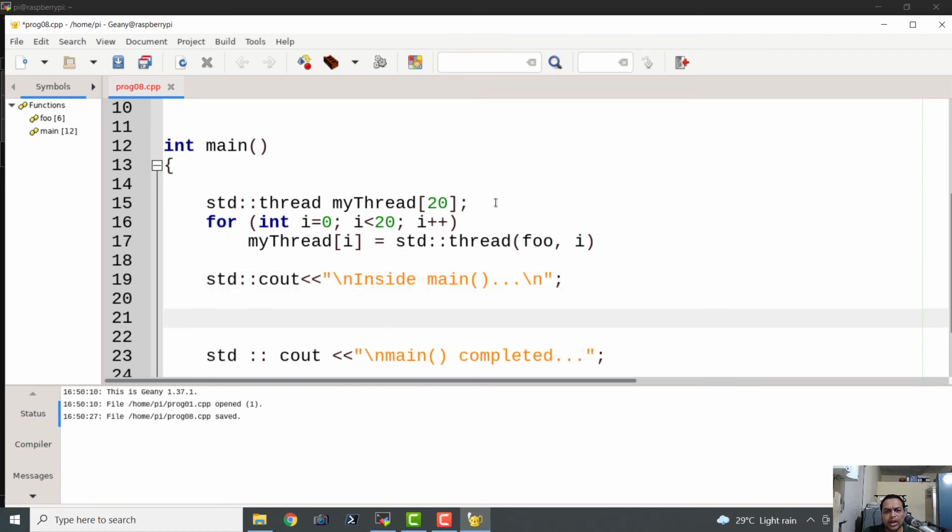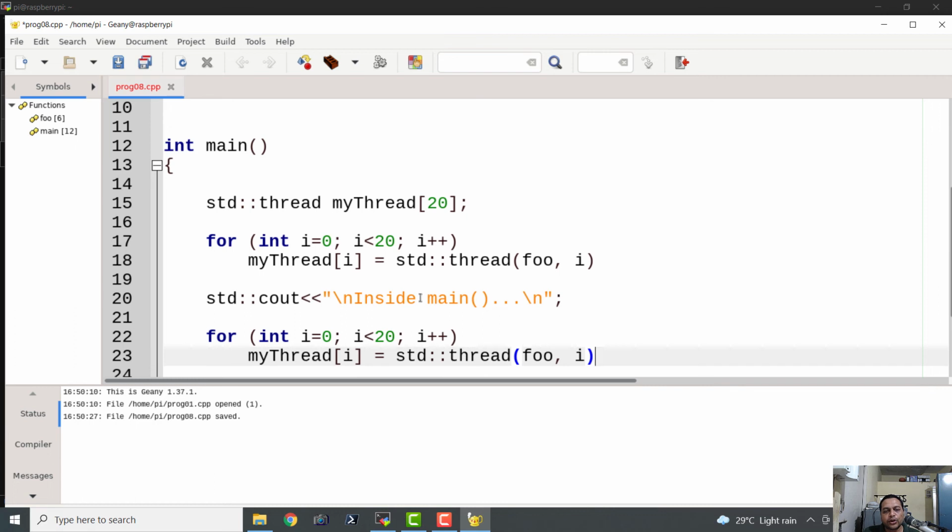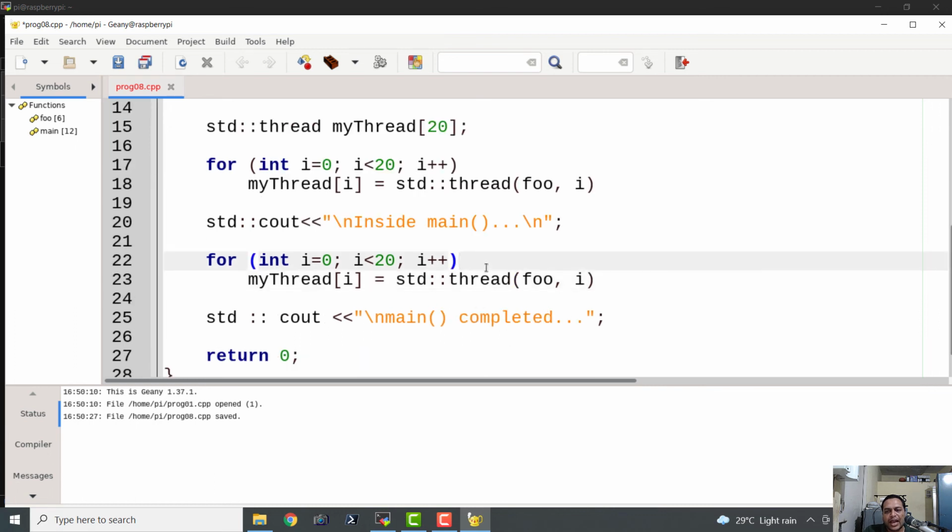Now again I will write another for loop for joining all the threads, because we have created the threads and it is our responsibility to synchronize and join them, and that is also quite easy.